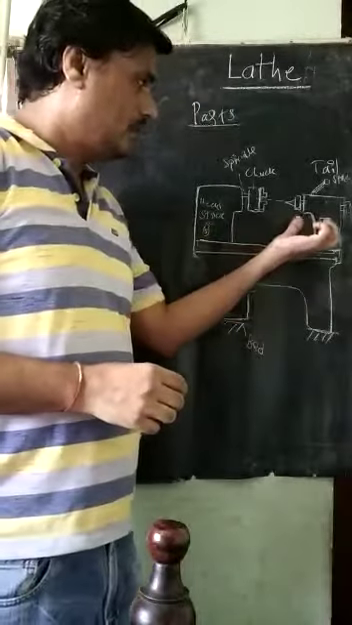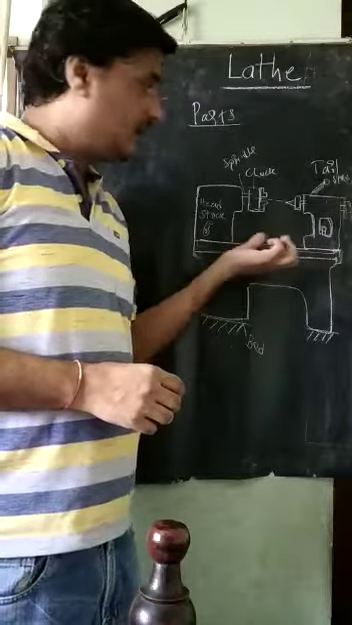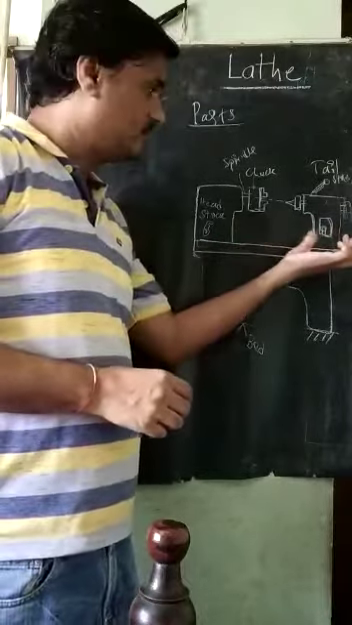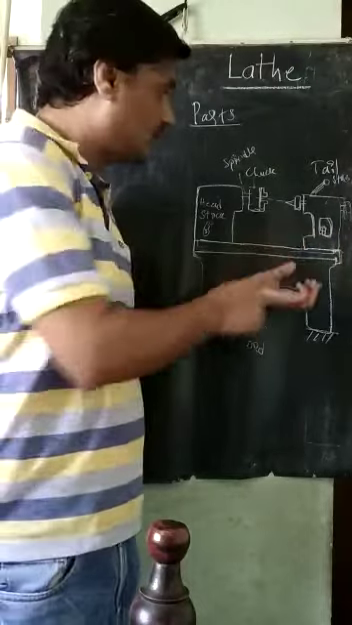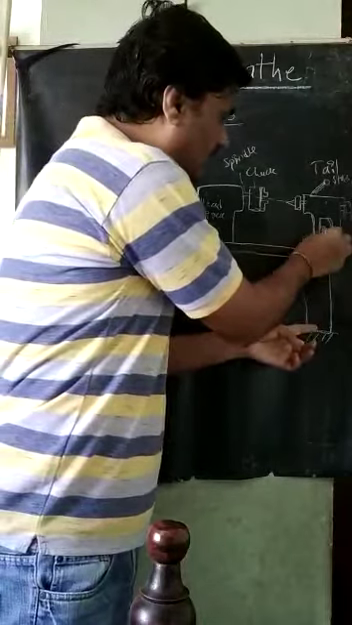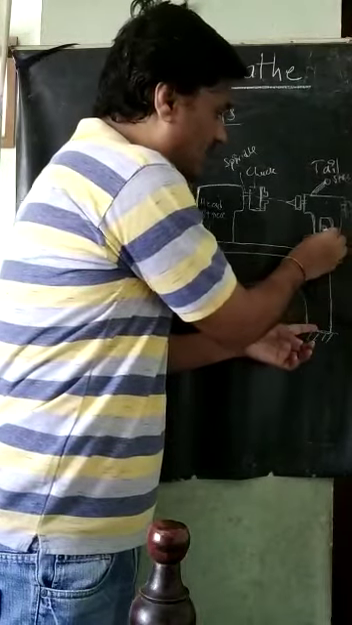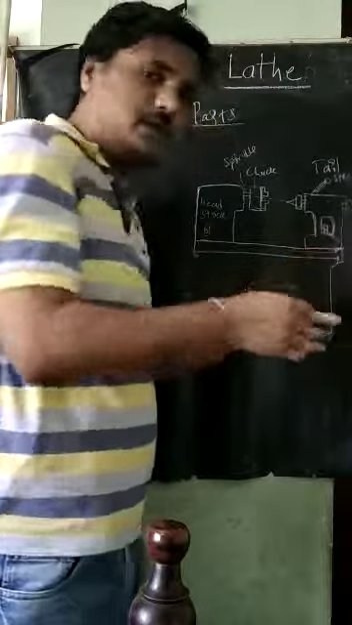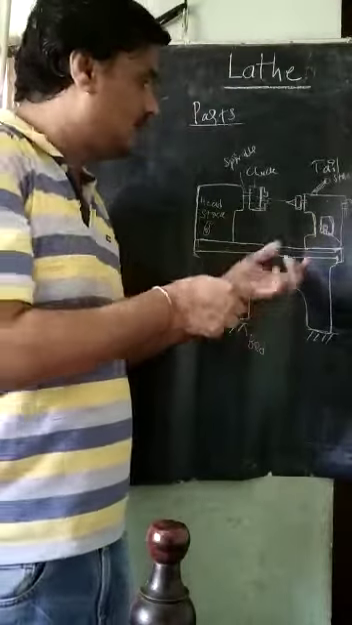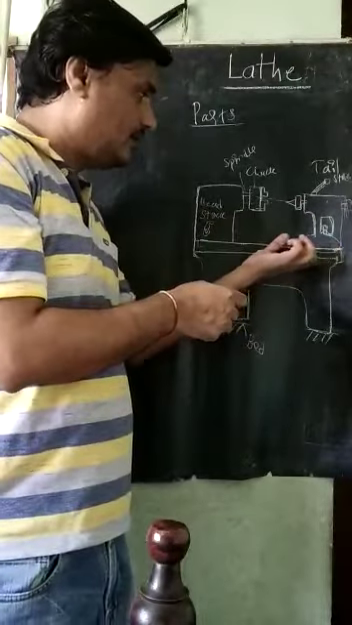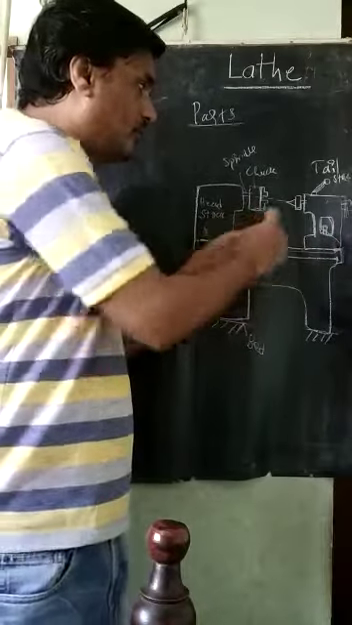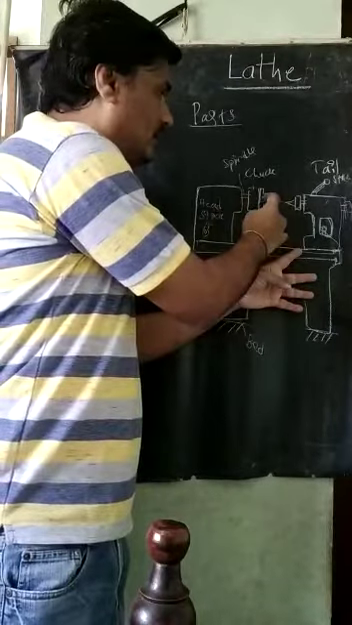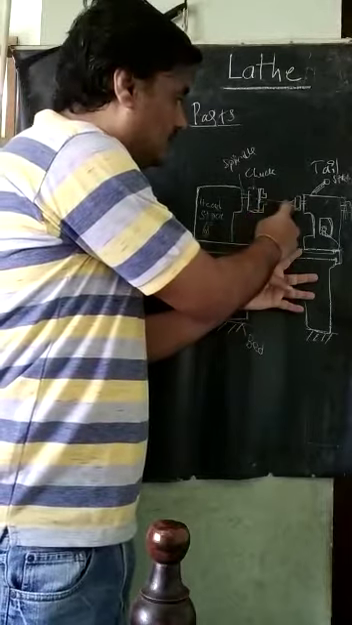Therefore, this tailstock can be moved horizontally. How can it be moved horizontally? Here is one lock nut, either a clamping nut, clamp nut or lock nut. We have to loosen that nut. Then we can move this tailstock along these guideways, so that the distance between the chuck and the center,